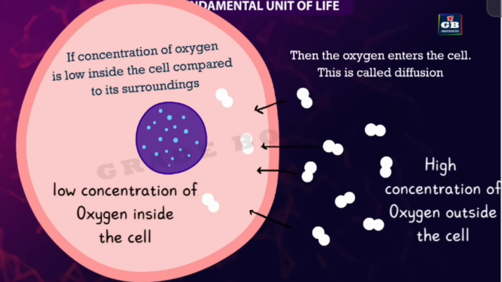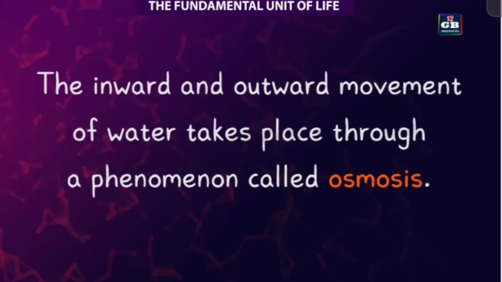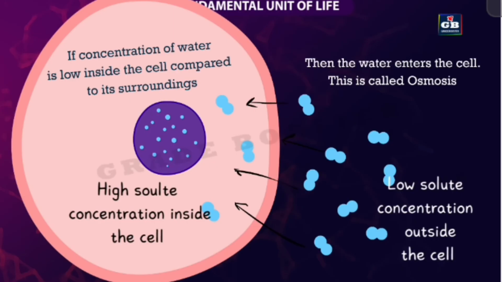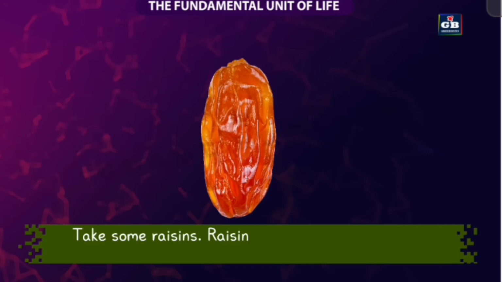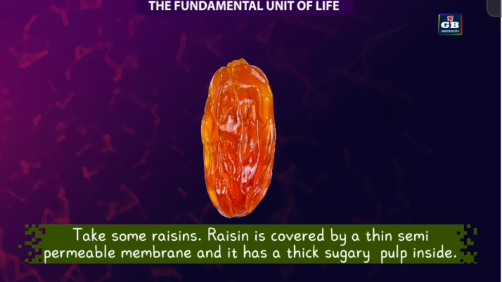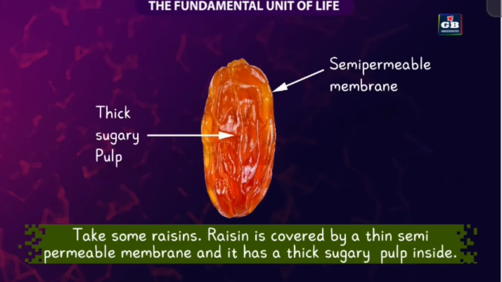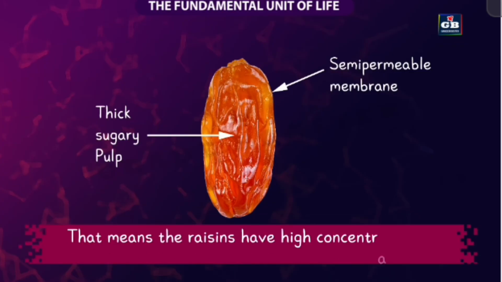There is one more phenomenon through which the transfer of water molecules takes place between the cell and its surroundings. It is osmosis. The movement of water molecules from a place of lower solute concentration to a place of higher solute concentration through a semi-permeable membrane is called osmosis. Let us understand osmosis with a simple activity. Take some raisins. Raisin is covered by a thin semi-permeable membrane and it has a thick sugary pulp inside. That means the raisins have high concentration